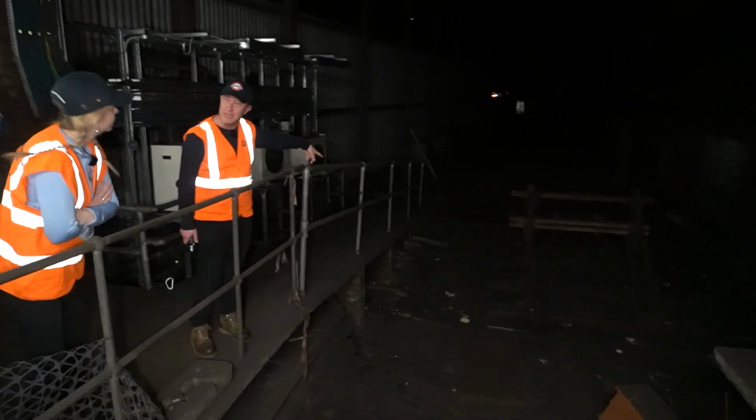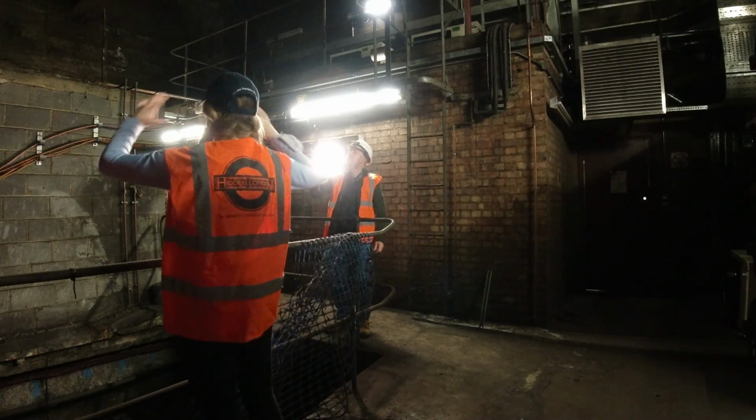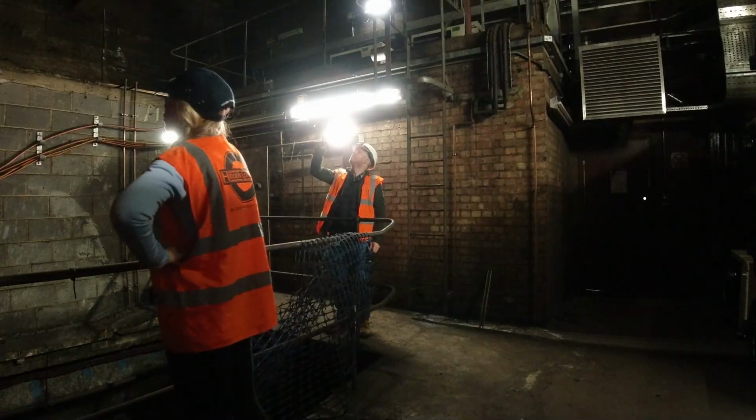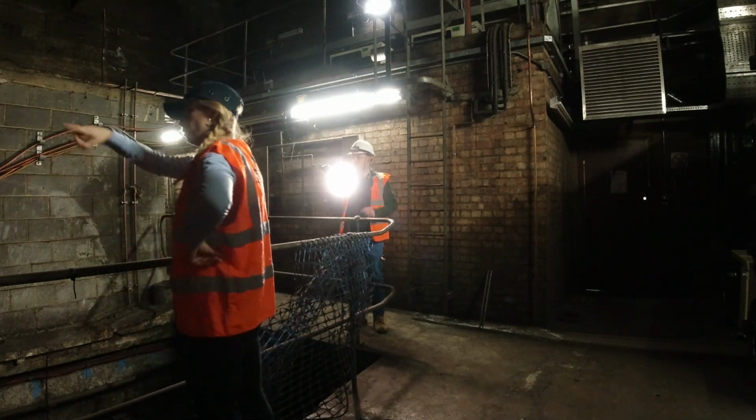So this was a siding. What was this? If you look, this here used to be the running tunnel, or the running space of the Circle and the Hammersmith and City line. But then they decided to widen this up. So on the other side here is the westbound, and on the other side of that is the eastbound, and then this has been used for staff accommodation. But this siding was put in place in order